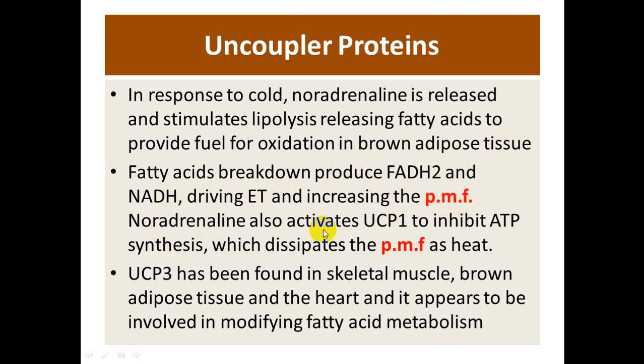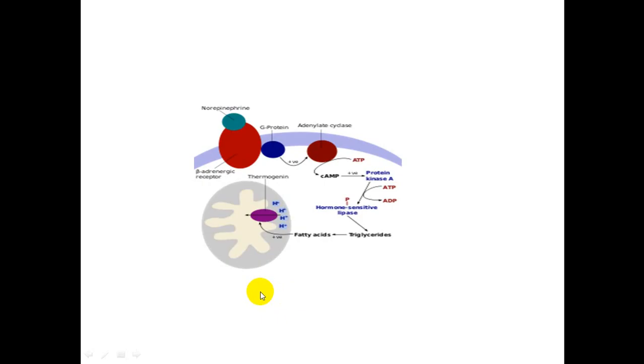Noradrenaline also activates UCP1 to inhibit ATP synthesis, which dissipates the PMF as heat. UCP3 has been found in skeletal muscle, brown adipose tissue, and the heart, and it appears to be involved in modifying fatty acid metabolism. This figure shows the